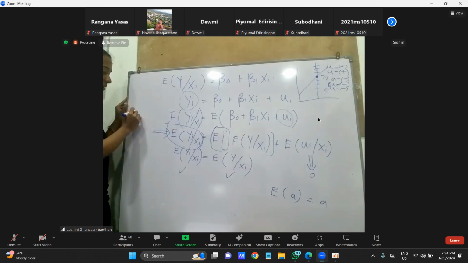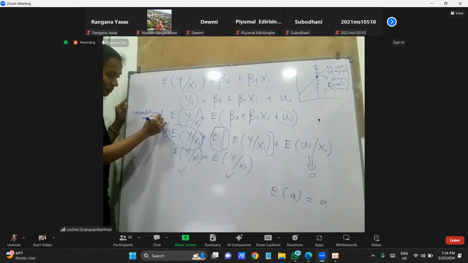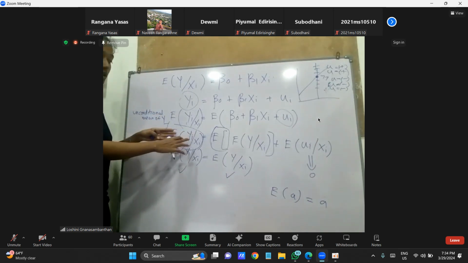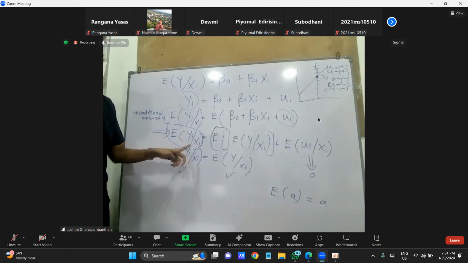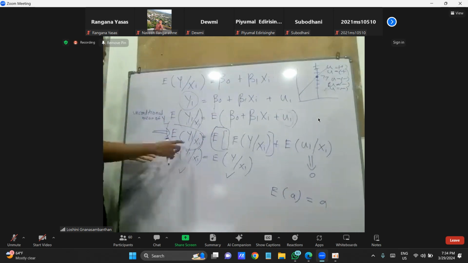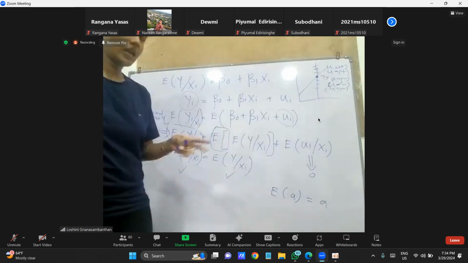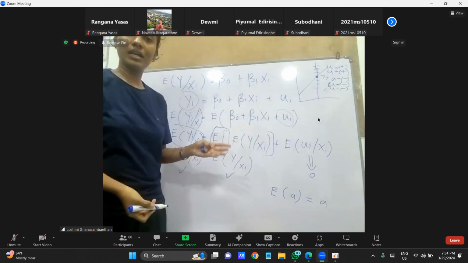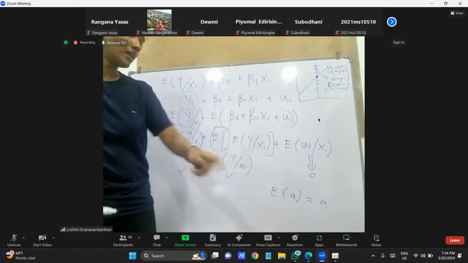This part is unconditional. Why? You are adding all the y, all the actual values, divided by the number of x. This is the mean. Here y i means the actual value. You are adding all the actual values and finding one mean. Here, according to the example, you have 10 conditional means, right? When you add all the 10 conditional means,